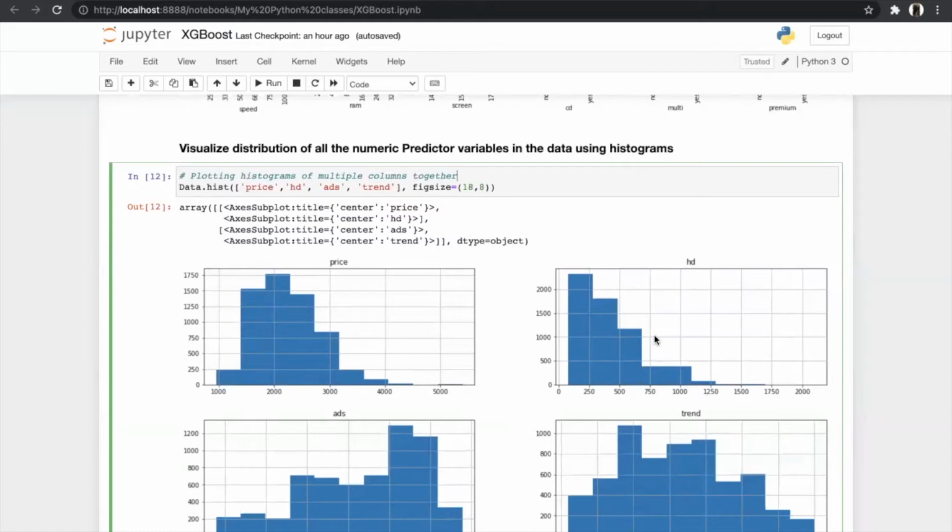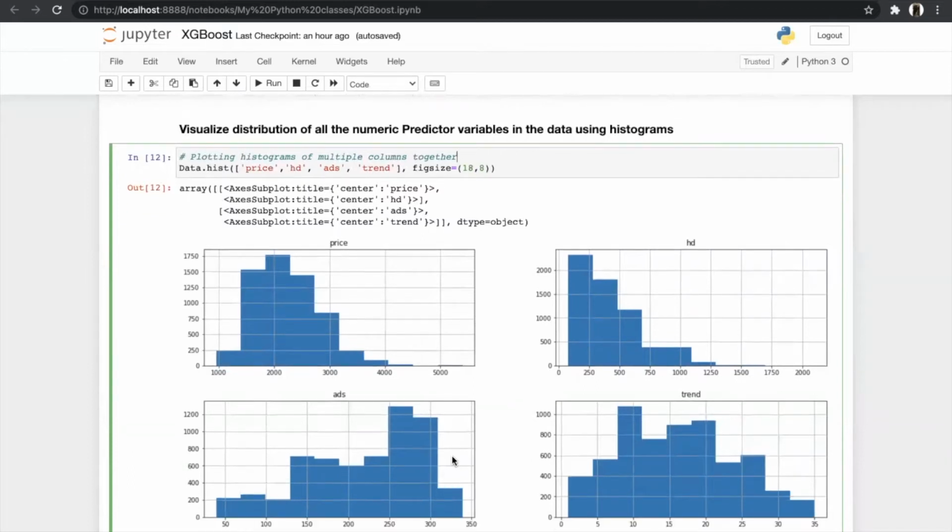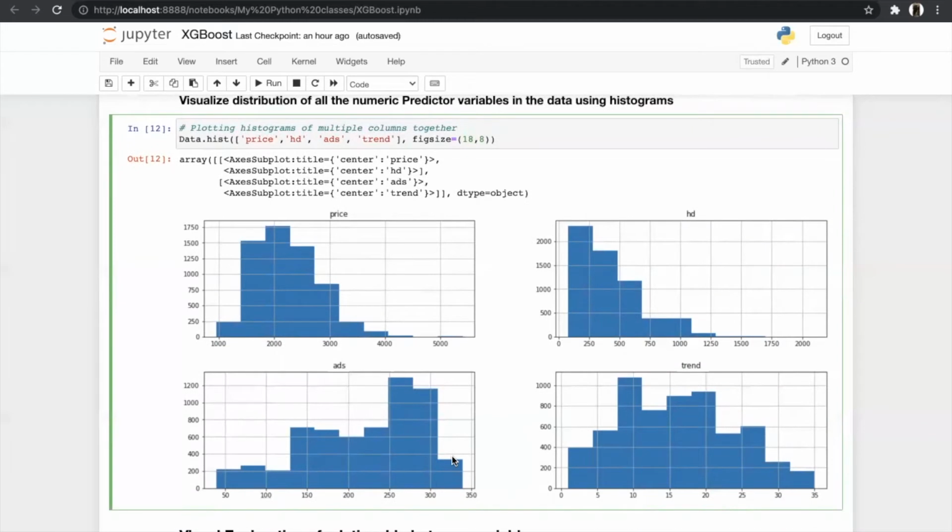And in this, we can also see that for HD, we have somewhat of a positively skewed bell curve, and in ads and trend, we have a good bell curve, as we can see in the distribution. So after the single visual distribution of a particular column, we will see the relationship between the variables using the